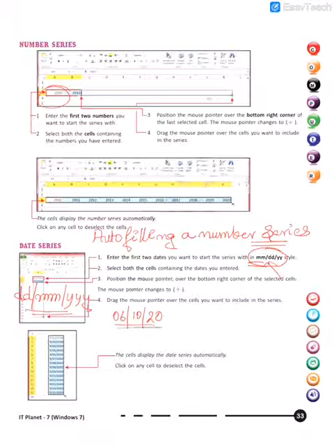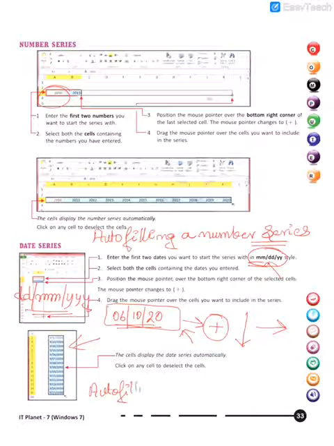In this way you have written in one of the cells. If I place my mouse pointer and as it changes into the placeholder symbol, if I drag down or in whatever direction, I will get this kind of a list. This is called autofilling a date. Okay, is it clear?